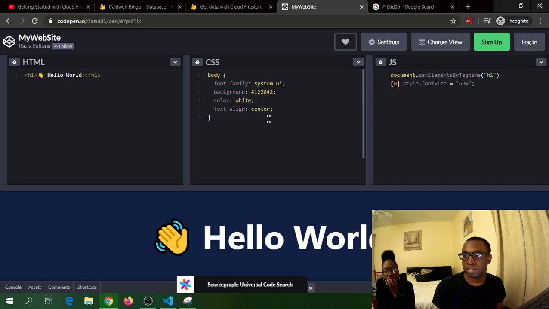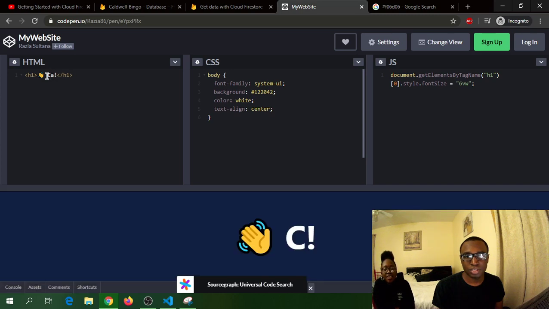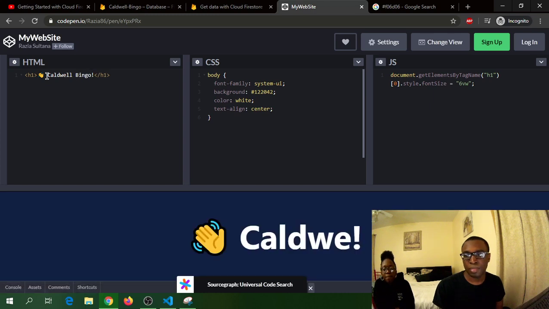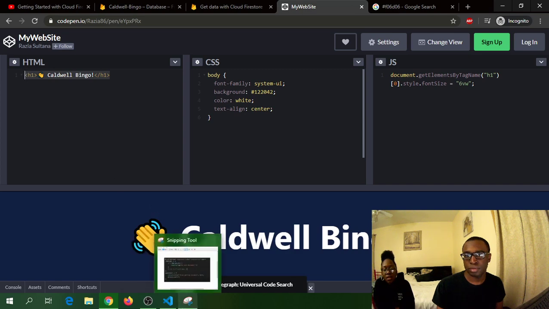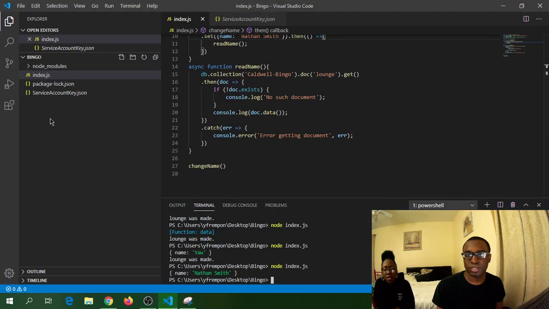Document tag. And instead of Hello world, we change it to Codewell Bingo. Oh, I spelled this wrong. Codewell Bingo. Okay, so this is our HTML. So we'll make an HTML file. We'll call it